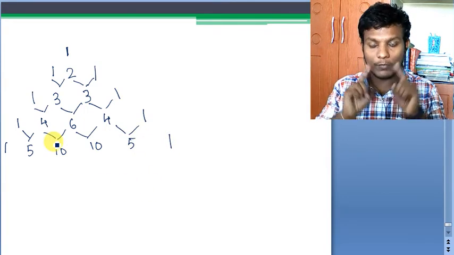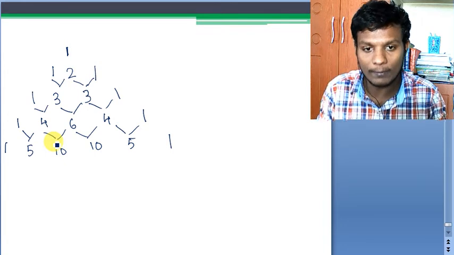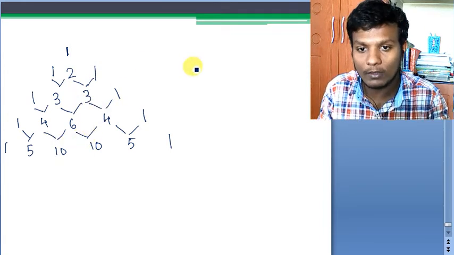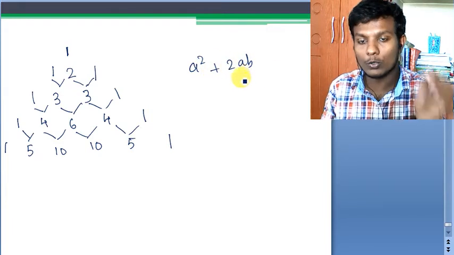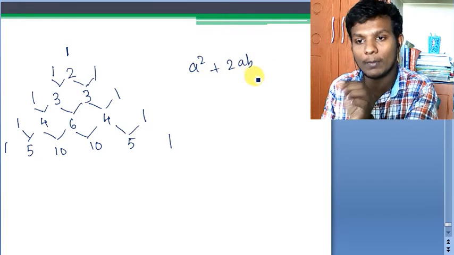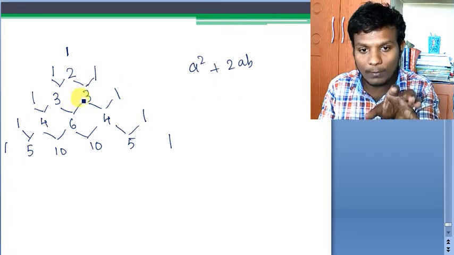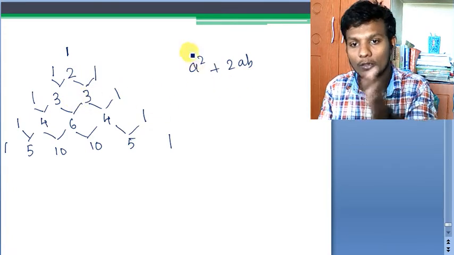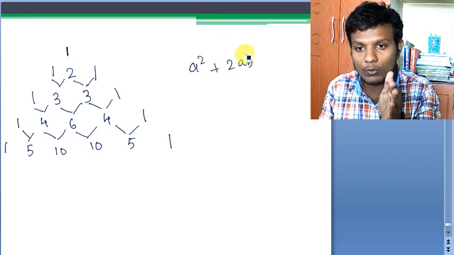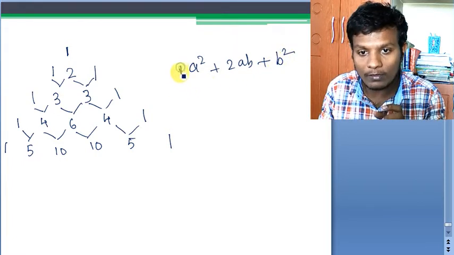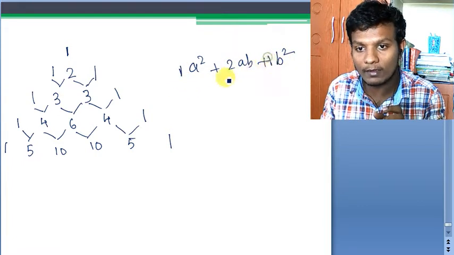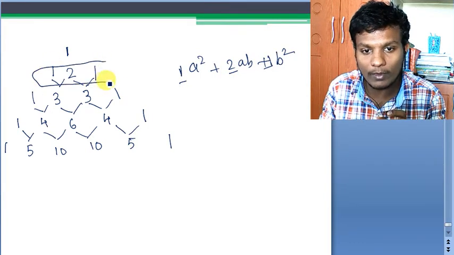Now if you remember very clearly, what is (a plus b) whole square? a square plus 2ab plus b square. I am writing in order, so don't write a square plus b square plus 2ab. Why? Because to use Pascal's triangle we have to write the terms in order. First the power of a is 2, then the power of a is 1, then a should disappear, that means only b should be there. Just write like this. Now see, here 1 is there, here 2 is there, here 1 is there. So 1, 2, 1, this is what you will get here.